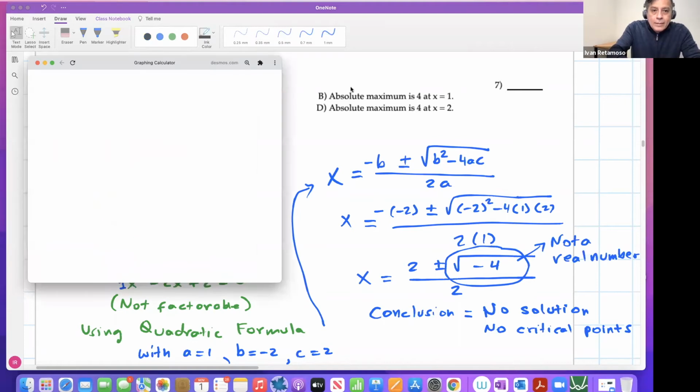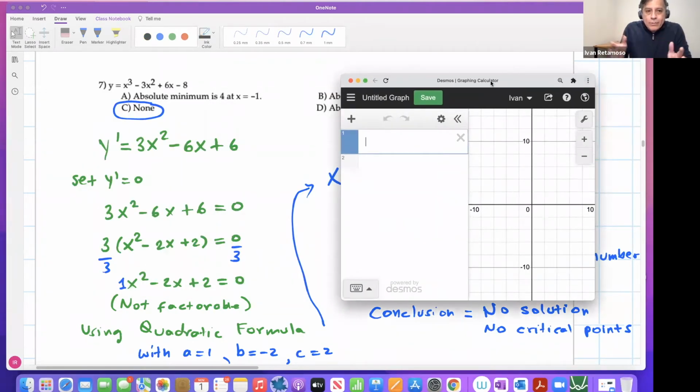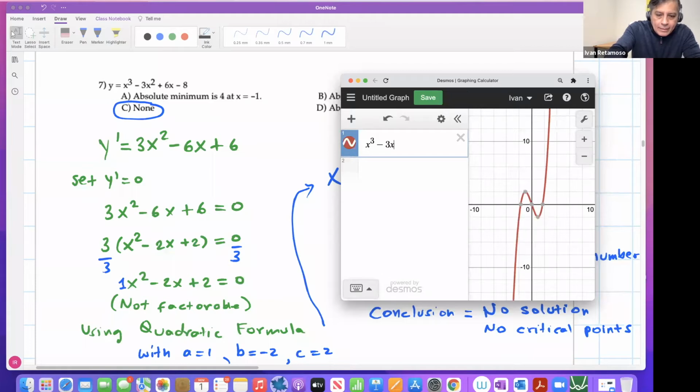Yeah, thank you, Ma, for bringing this up. Look, you guys have these tools, right? Let's say this looks weird, right? I want to make sure that what I'm doing is right. Maybe I just couldn't factor it, you know. I want to double check, graph it. Look, when you graph it, you will see this,